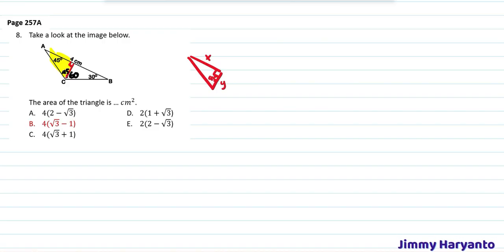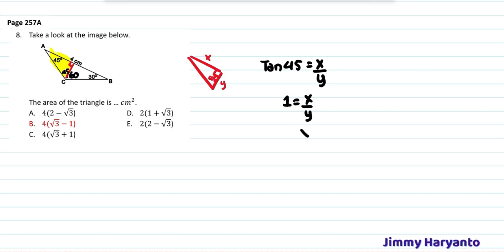Okay, use tangent. Tangent 45 equals to opposite over adjacent. That means 1 equals to x over y. That means x equals to y. Okay, so we have the value of y right now, which is the same as x. Yeah, actually you don't have to use tangent because it's 45. Because it's 45, that means the sides of this angle will be equal. That means if you let this one be x, this one will also be x. Okay, next we'll go to the next one.